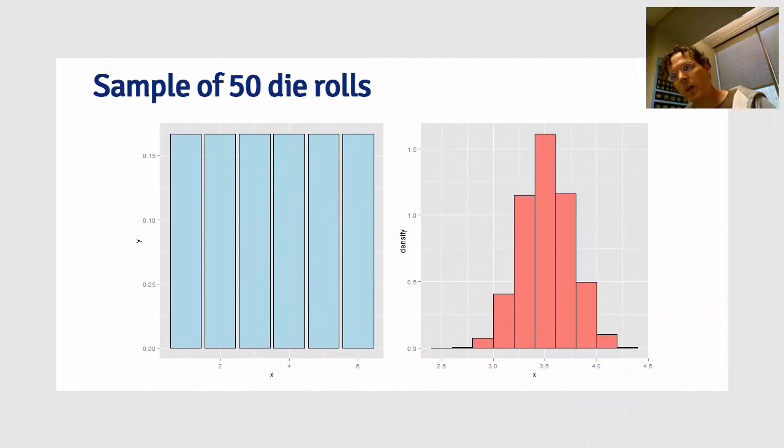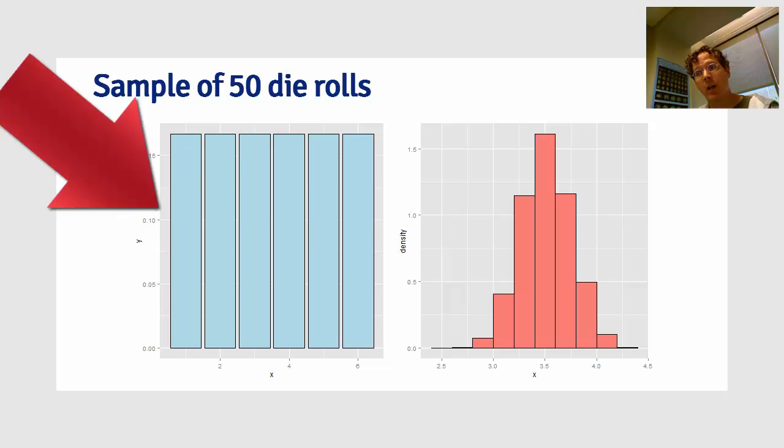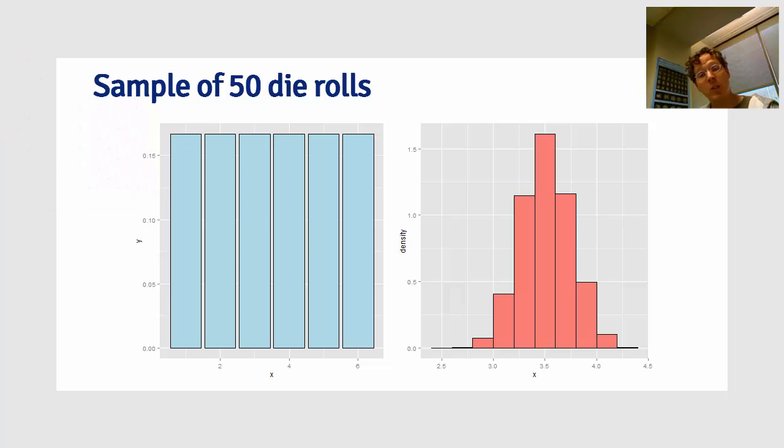So consider this example. Imagine if we wanted to evaluate the behavior of the average of 50 die rolls. So our population distribution is this left-hand distribution, the equally weighted bars at the values 1 through 6. And there's a couple of ways we might go about doing that. One is we could just try and mathematically figure out what the distribution of the average of 50 die rolls is with no simulation, just doing the relevant algebraic calculations. Another way to do it would be to roll a die 50 times, get an average, and then repeat that process over and over and get lots of averages of 50 die rolls.